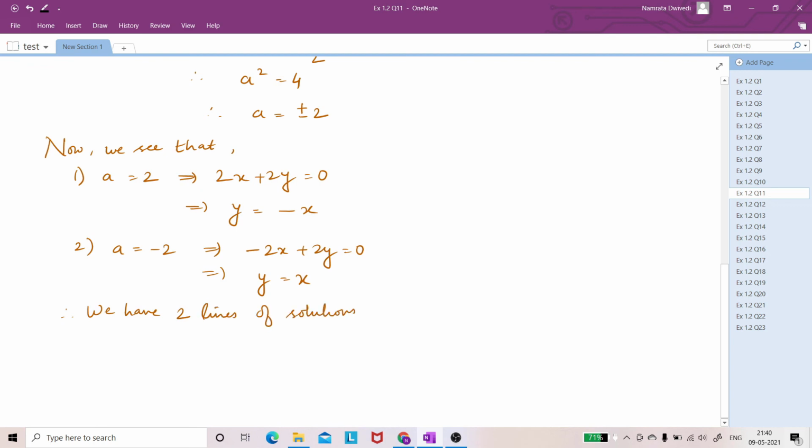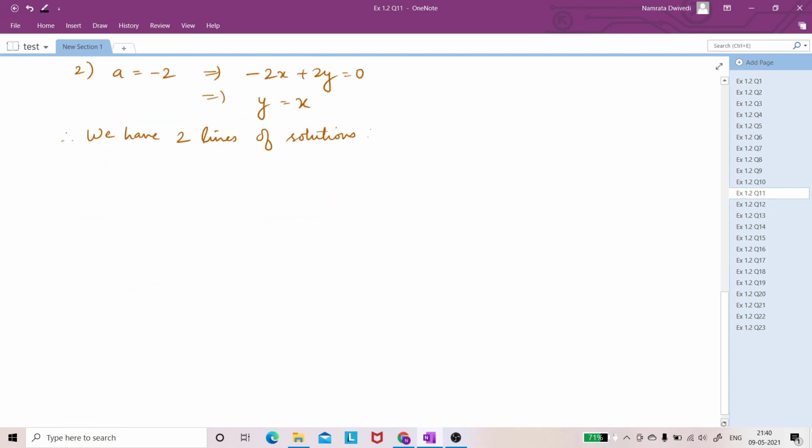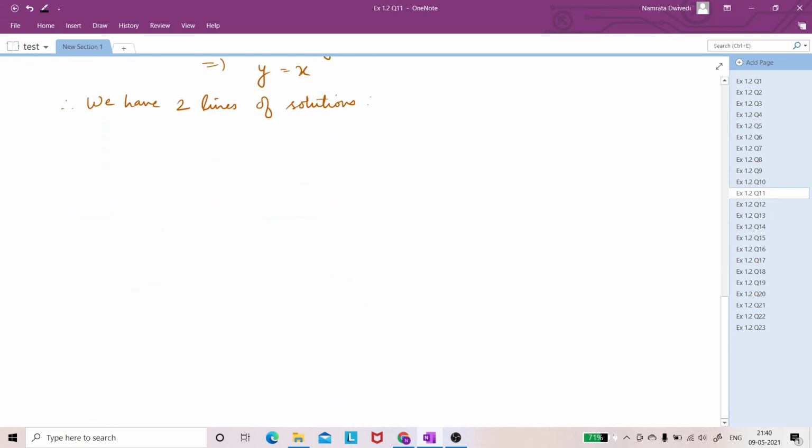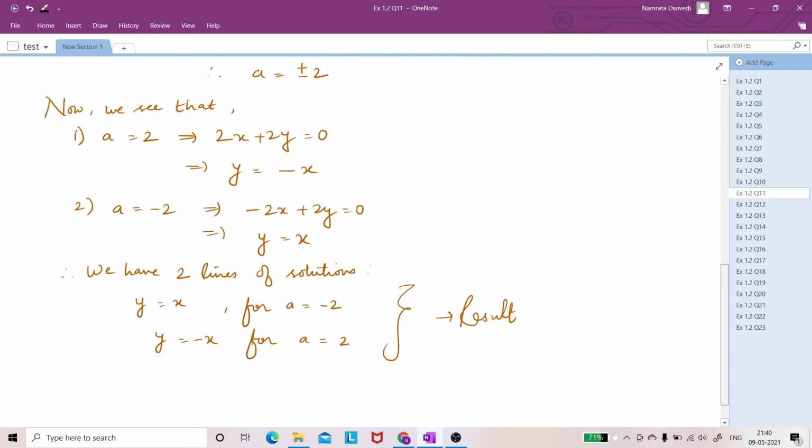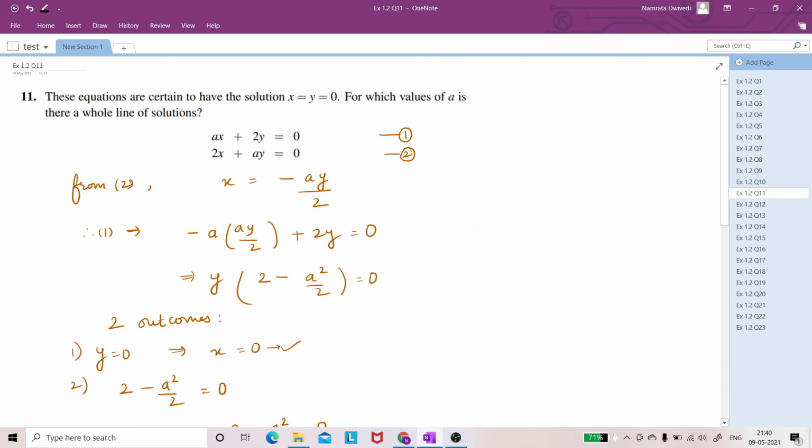Okay, namely, what are those? First one is y is equal to x for a equals minus 2 and y is equal to minus x for a equals 2. Okay, this is our result also. Okay, you have to write the same thing in the result. For a is equal to 2, that is y is equal to minus x, and for a is equal to minus 2, y is equal to x. Okay, so we have solved exercise 1.2 question 11. Okay,